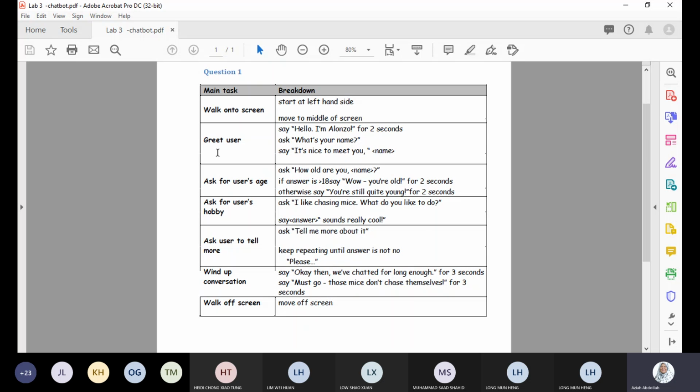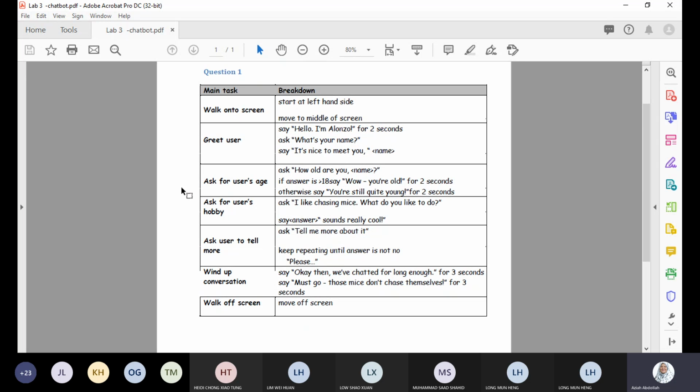In greet user, they welcome people, ask what their name is, and say something like it's nice to meet you with the name entered